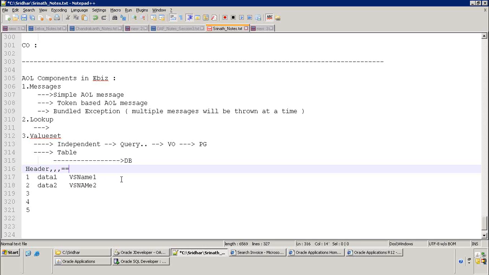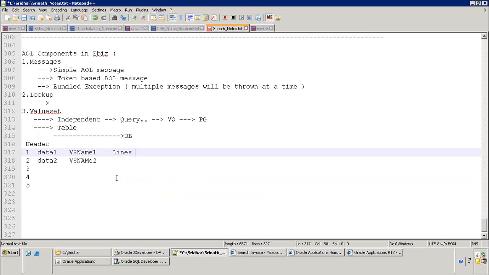Now for this header records, what we want to do is have lines also. So whenever I click on... One second, Sridhar. So you're saying data one from... okay, so you want to show data from different value sets? No, see this column 1, a normal